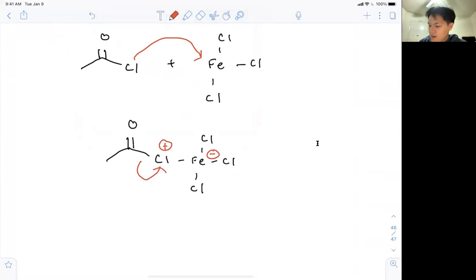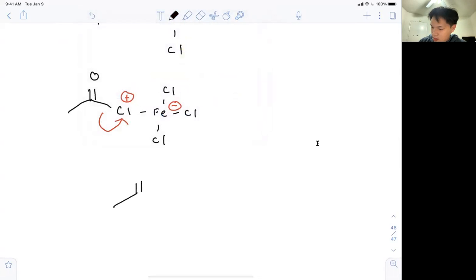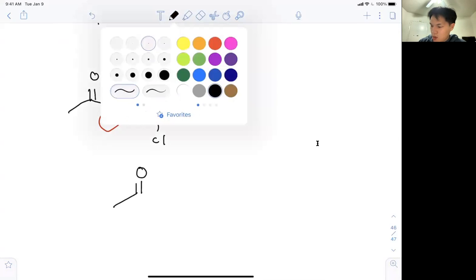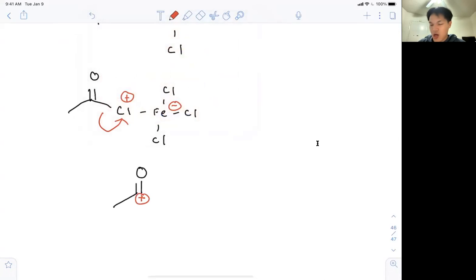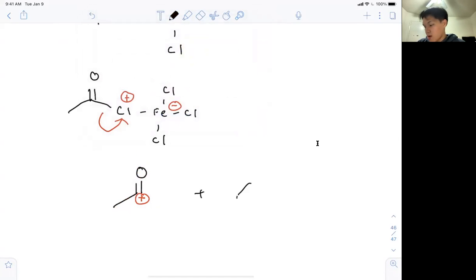So we can make it leave. And then we have something like this, where this is a positively charged carbocation, right? But it's pretty stable because it has a double bond here, and this oxygen is giving it some electron density. And then we still have our aromatic ring,